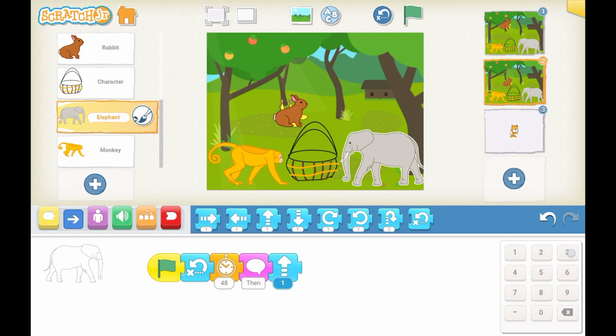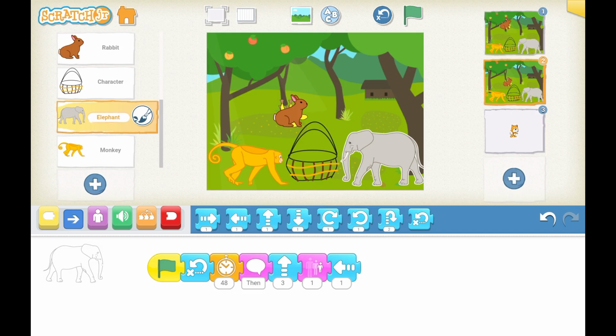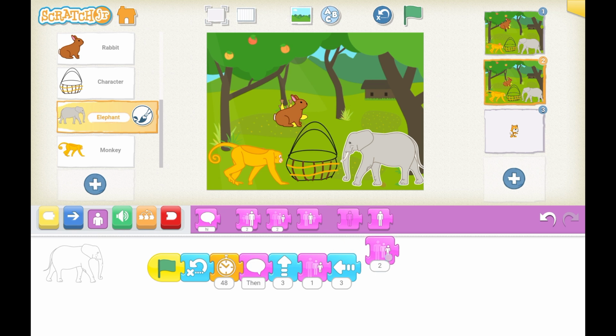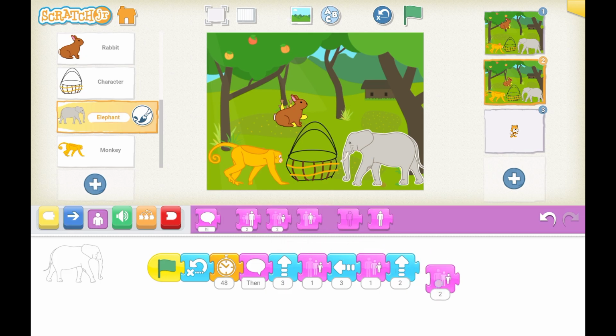When we want to show something is going away, what we can do is we can make it smaller. When we make it smaller, this gives an effect that the object is traveling away. So I want him to go up and then to move towards the monkey, but as it's moving, its size will become smaller. This shows that the character is moving further away on the screen. I will add a few movements showing that it is going backwards and then it is going left towards the monkey, but as soon as it's moving, the size is decreasing. We will check this